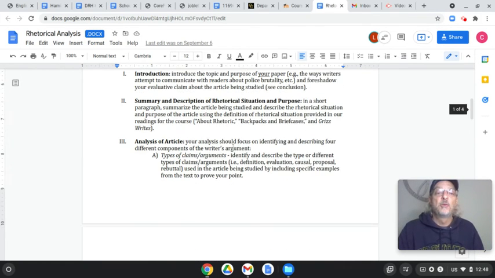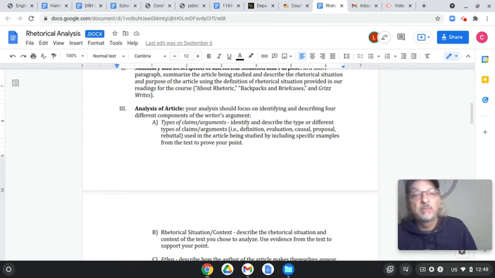So I want to go back to talking about one of my revision strategies. Sometimes I do this as I'm writing, sometimes I do it when I'm done, especially when I'm done. I find this might help for organization or when we're beginning to write, especially some of these longer papers. This might be a big help.